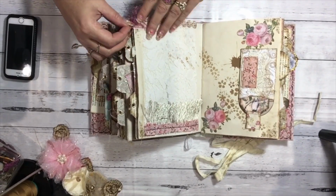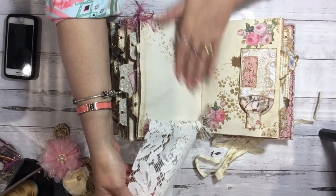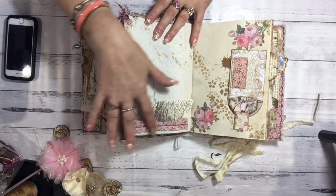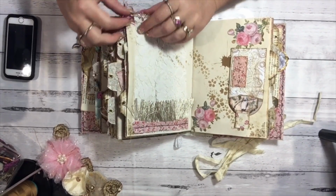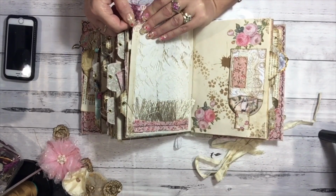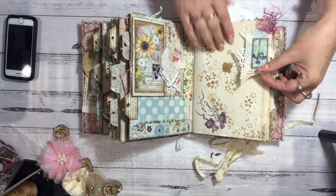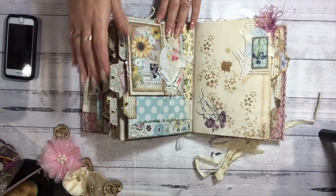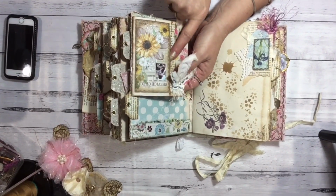This one is just a material lace here, and that just flips up, and you have all that journaling area, and with just a bit of fringe and a gathered piece of leftover material there, and that just holds down with a paper clip with some eyelash trim there. Over the page, and this is just a pocket, and that just sits there. And over on this side, that is a pocket in under here,